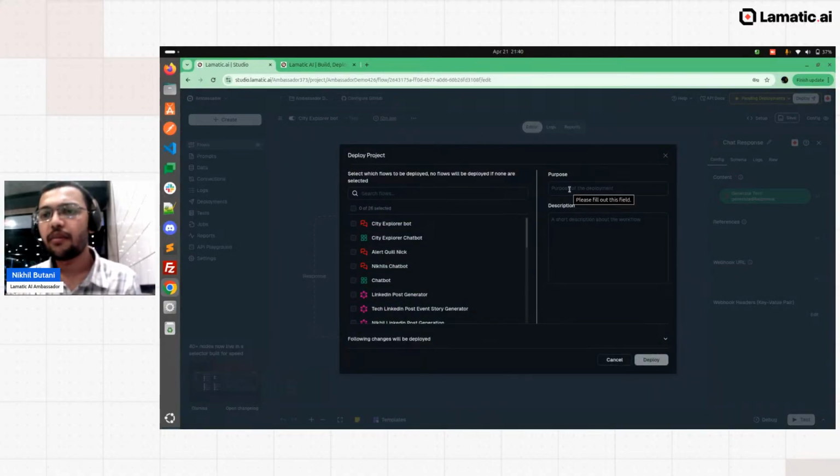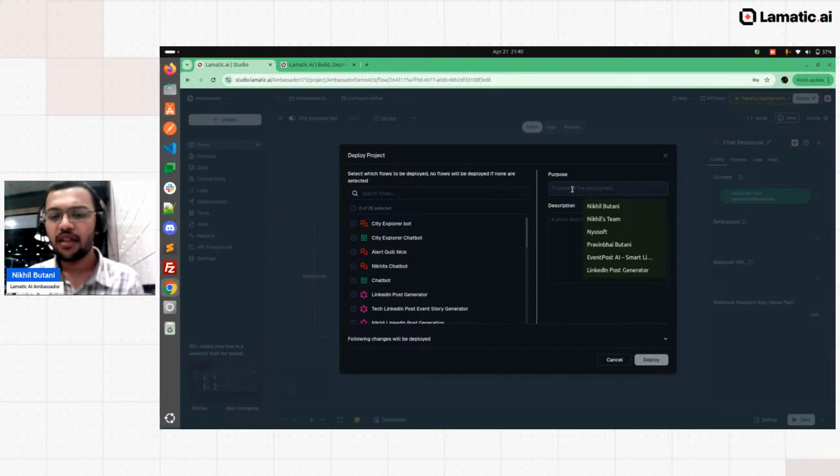So what's my purpose for the deployment? You can add anything which is related. So I can just write something like helping other people, so other people can also check my agent, and they can also give a prompt and get the history as well.